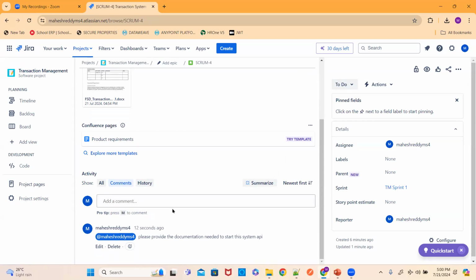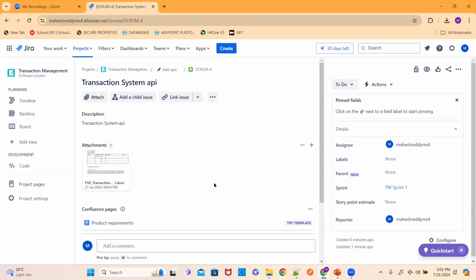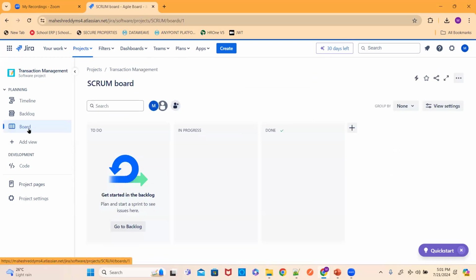Okay, that way you need to add comments. For example, if you finished some task, you can write comments like I have completed the design part, I have completed the implementation part, I'm doing unit testing. That way you can add comments in this section. And apart from this, once you start working on this particular ticket, you need to change this from to do to in progress. What does it mean now? If you go here,